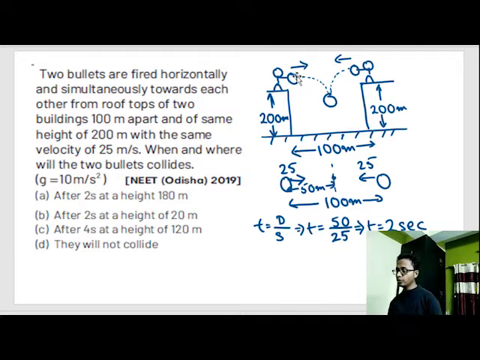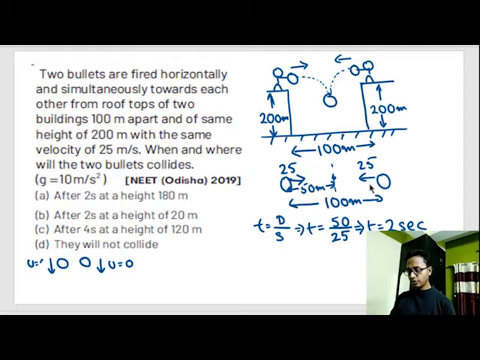Now whenever 2D motion is occurring, what did I say? Always divide it into vertical and horizontal components. So now we solve for the vertical component. How does the vertical component look? For the vertical component of the balls, the balls will be dropped with initial velocity of 0. Okay, u is equal to 0 on the left and u is equal to 0 on the right. So after these two balls travel for 2 seconds, they'll collide.